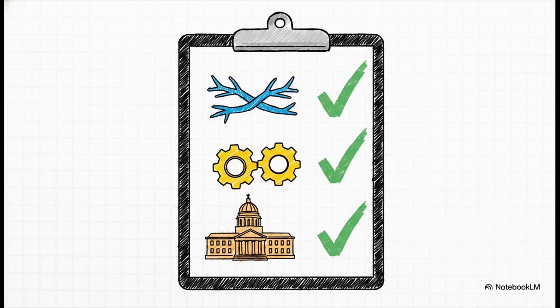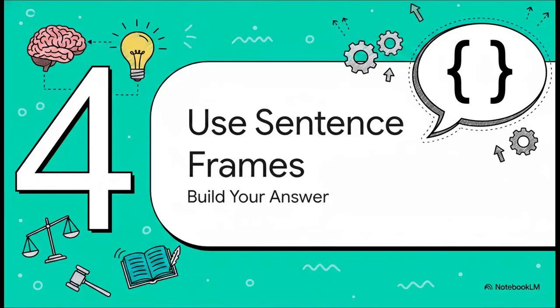To make sure you feel completely prepared, let's talk about your goal. You need to show that you understand at least 2 out of the 3 branches of government. You need to explain what they do, and you absolutely must include a local Fresno example, like the mayor or the city council. Laying out these exact expectations ensures that every single scholar has a clear, super confident path to mastering this lesson.